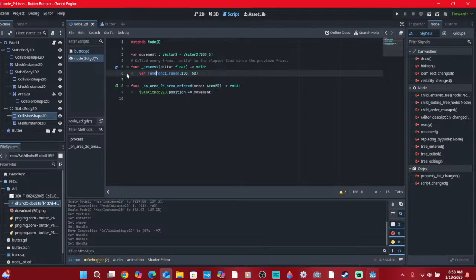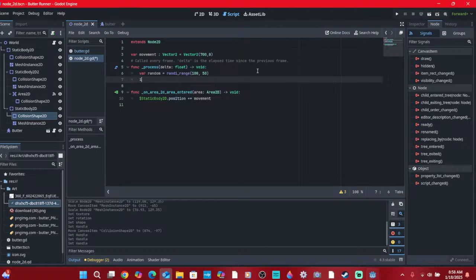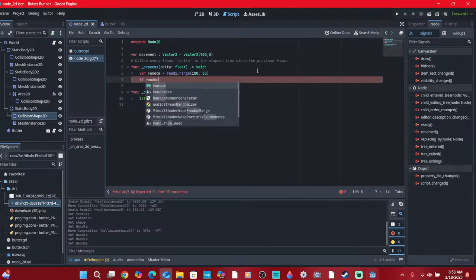We're gonna call it random. And it's going to equal to that. And then we can go if random is greater than or equal to 50, then,